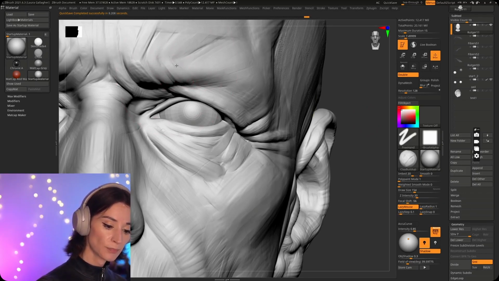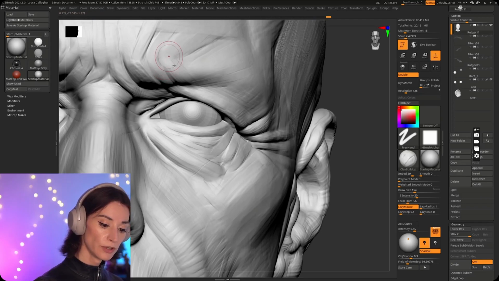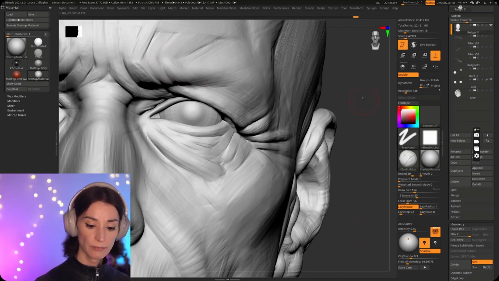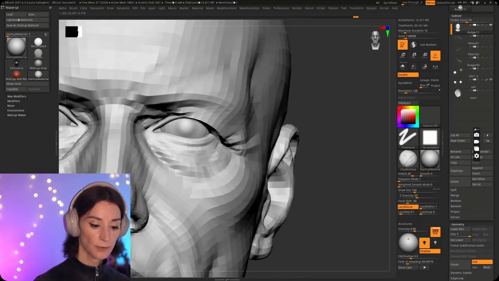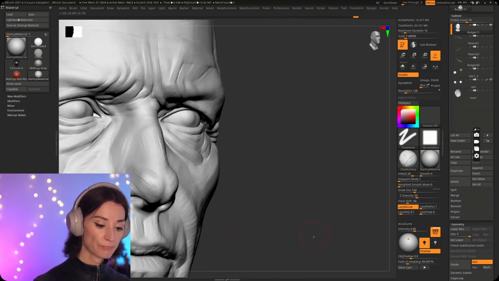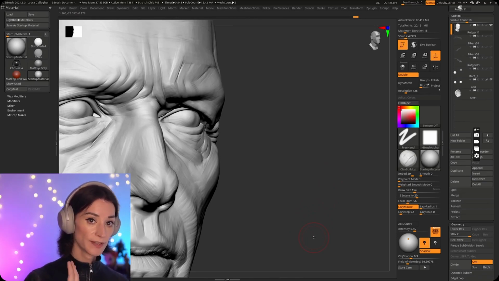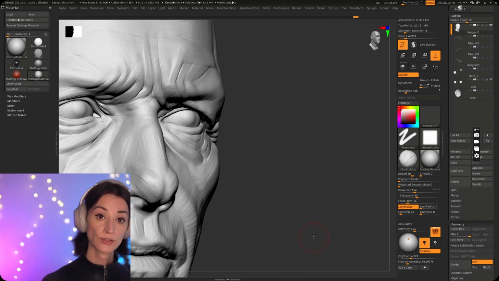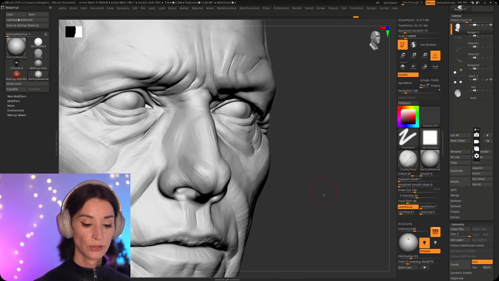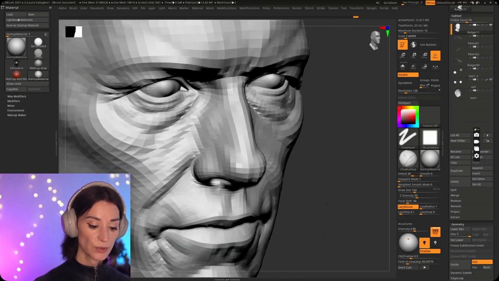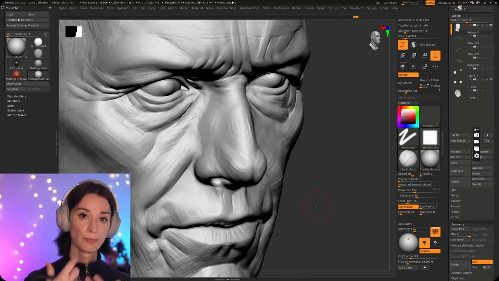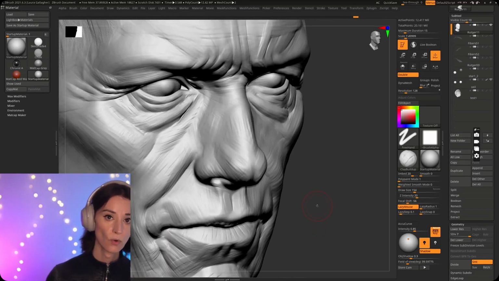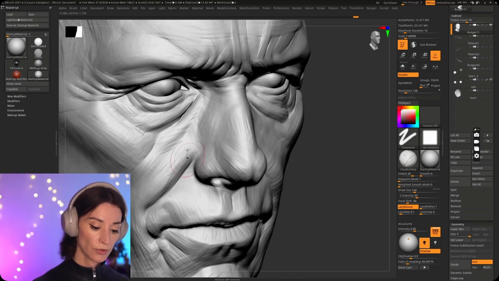But then you do reach a point here where you're like, okay, I want to start to create my tertiary details, right? So it's like, okay, we do have to polish the surface a little bit. The surface is a little too noisy right now for us to start to use this to create our tertiary details. So there is a polish pass that needs to happen over the whole surface